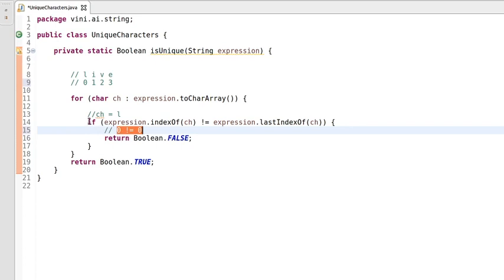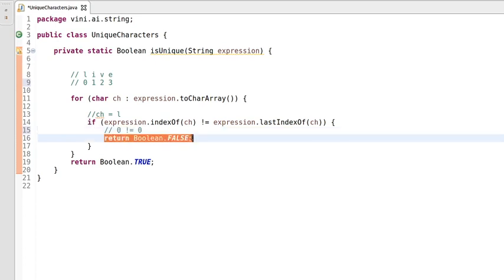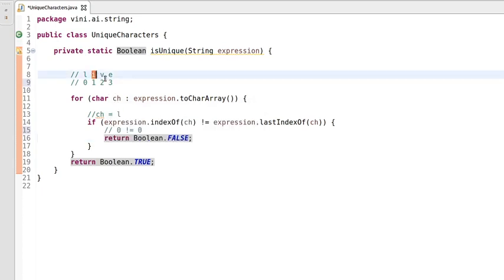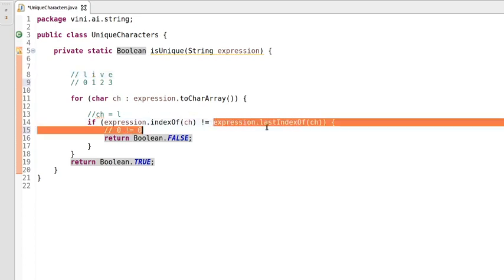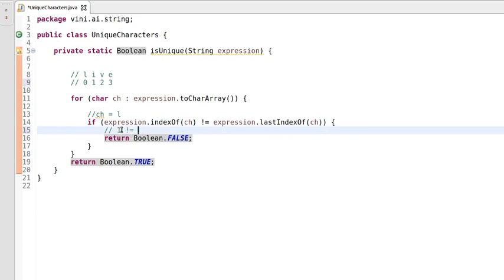So we are not executing this inner statement, and in the next iteration we check for I. Again we get the index of I, that is 1, and the last index is also 1. So we are saying 1 is not equal to 1, so it's false because it's equal. Again this inner statement is not executed.